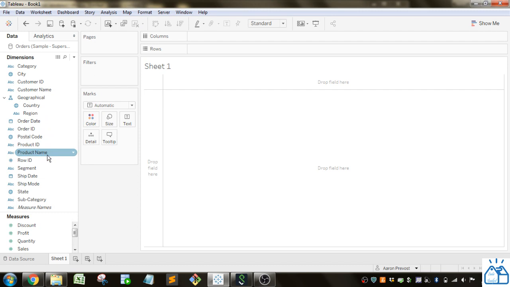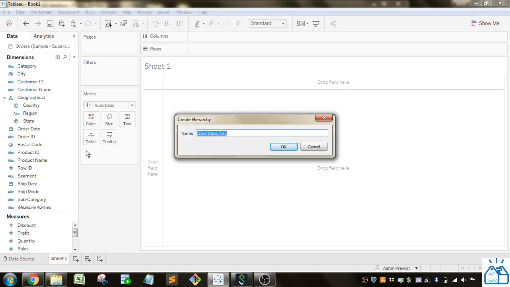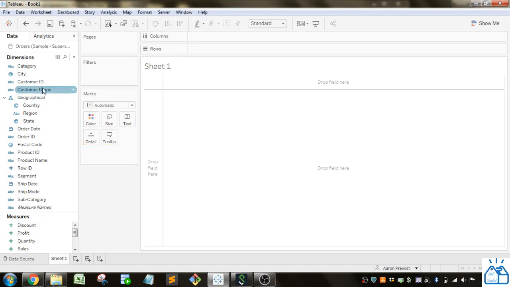And now I want to go even further down, I want to put state. So I'll grab and drag that as well. So now it's going country, region, to state. And I'll even put city down here as well. Actually, I tried to create one there. There we go. Now if I drag country in,